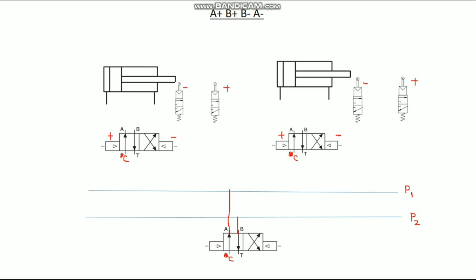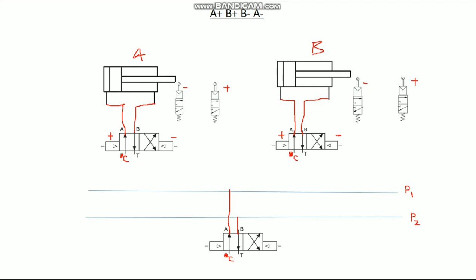Then give connection to the pneumatic cylinders. As usual, in a double acting cylinder, give connection from the compressor to the blank end of the cylinder. The return connection must be given to the vent. Here also, this is the limit switch for retraction, this is the limit switch for extension, and this is the cylinder A, this is cylinder B.